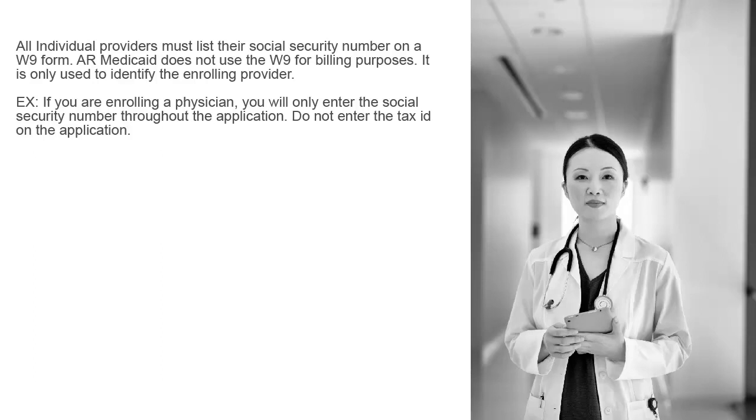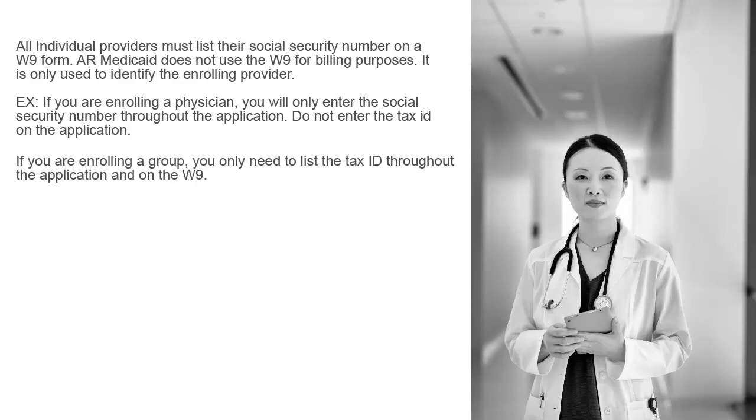There are some tips to remember when completing an enrollment application. All individual providers must list their Social Security number on a W-9 form. AR Medicaid does not use the W-9 for billing purposes. It is only used to identify the enrolling provider. For example, if enrolling as a physician, the provider will only enter the Social Security number throughout the application, not a tax ID. If enrolling a group, the provider only needs to list the tax ID throughout the application and